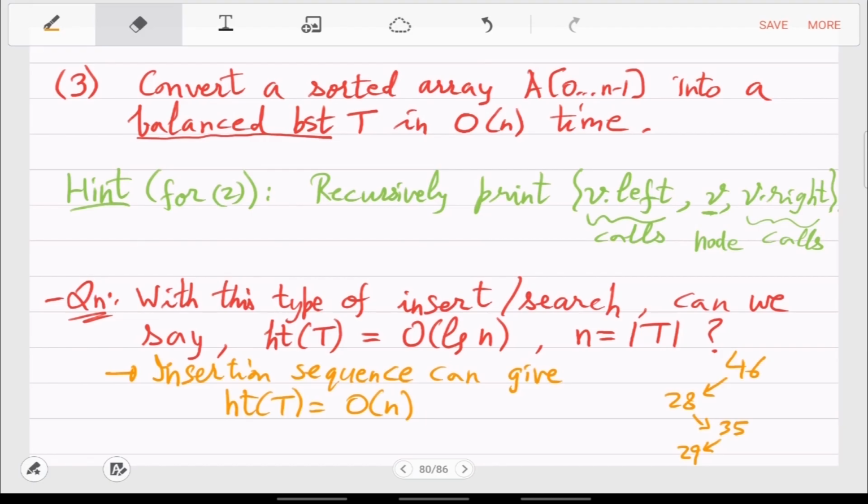I mean, in the good case, this will not happen. But in the worst case, you can see this example, it is happening. Since we always care about the worst case, this can be as big as the number of elements, not even order n, it can just be n.